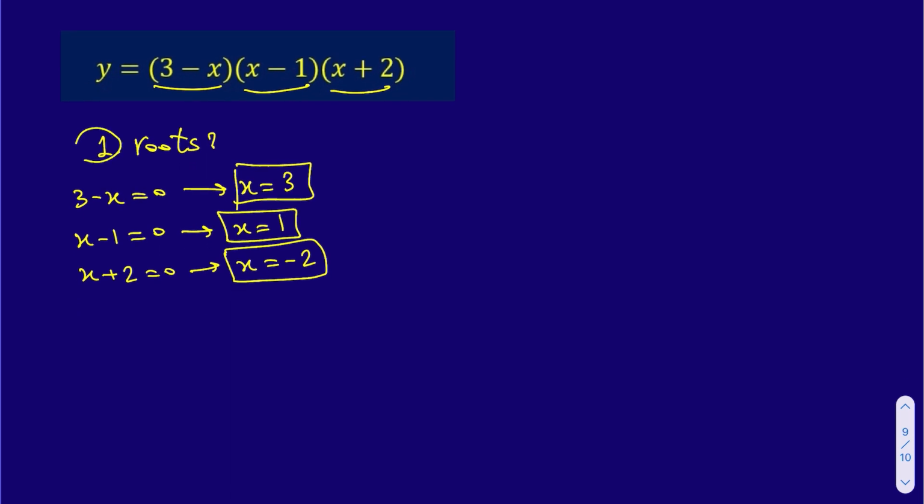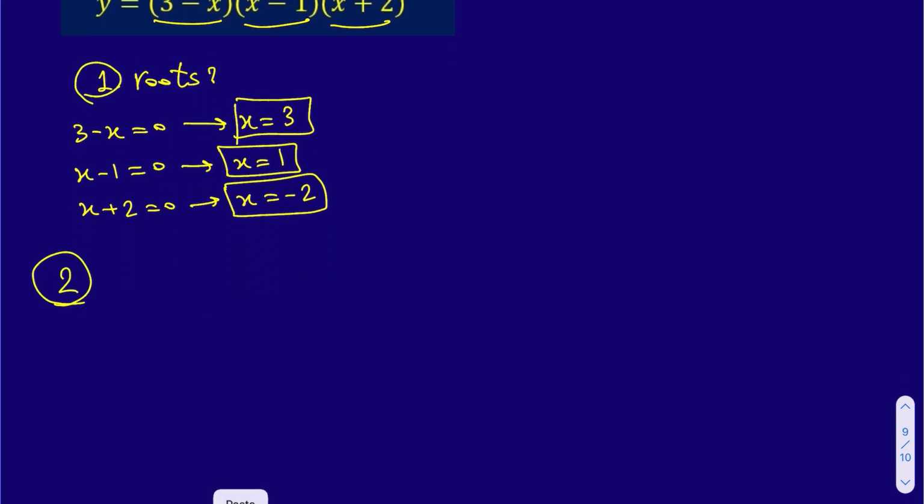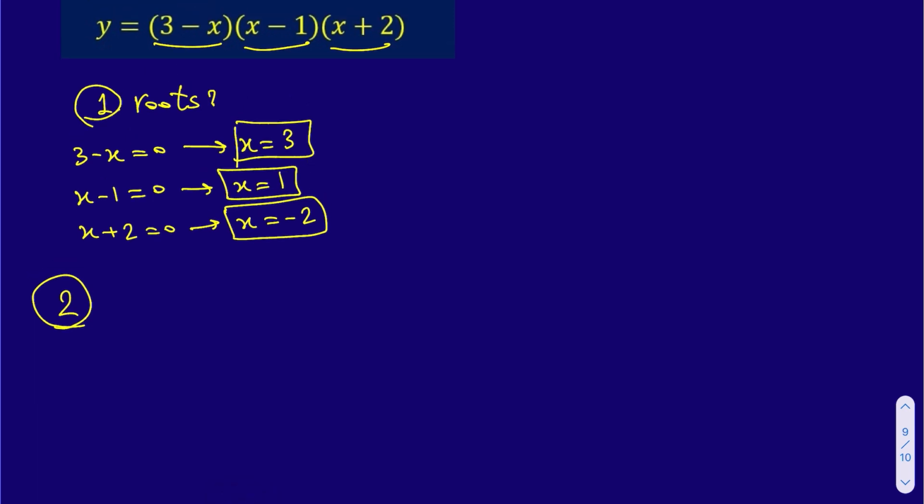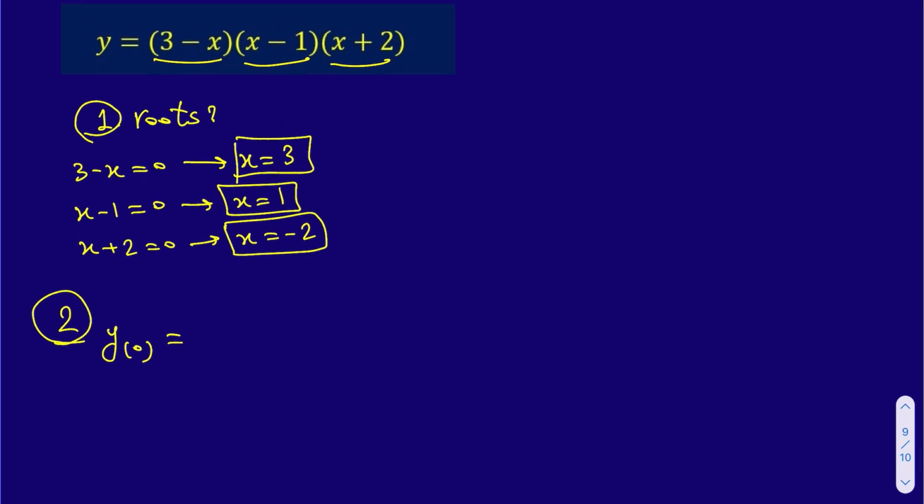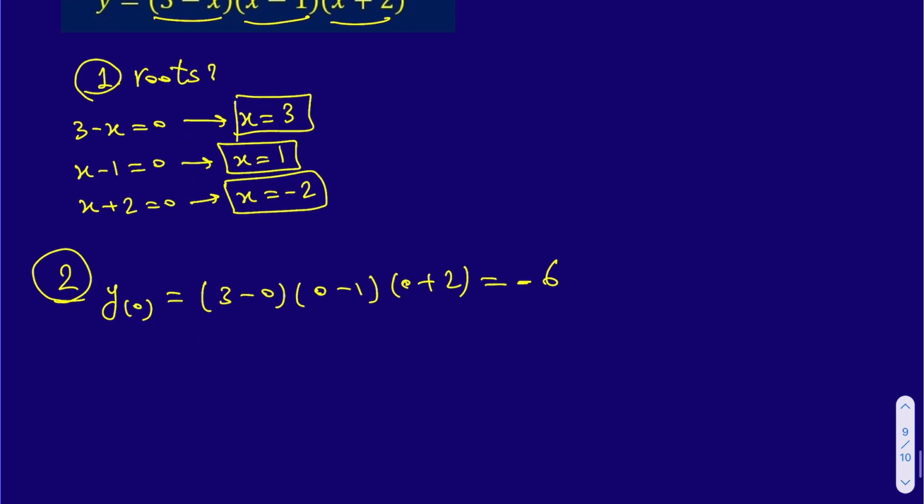And also step number 2 was to find out where it intercepts the y-axis. In order to do so, we need to find y at 0, which means we need to put 0 instead of x. It will be 3 minus 0, times 0 minus 1, times 0 plus 2, which will be equal to 3 times -1, that is -3, and -3 times 2 will be equal to -6. Okay, so this is the value of the point where the curve intercepts the y-axis. And also step number 3,